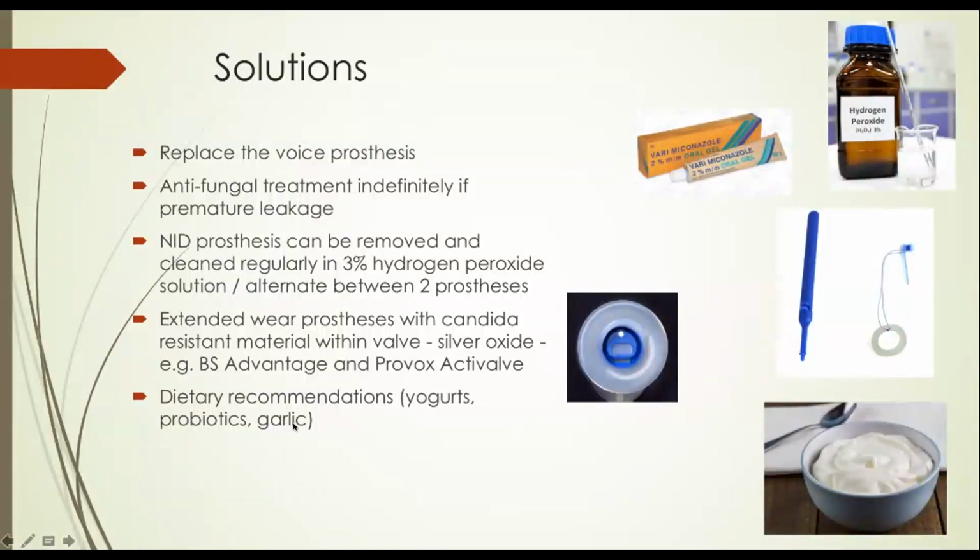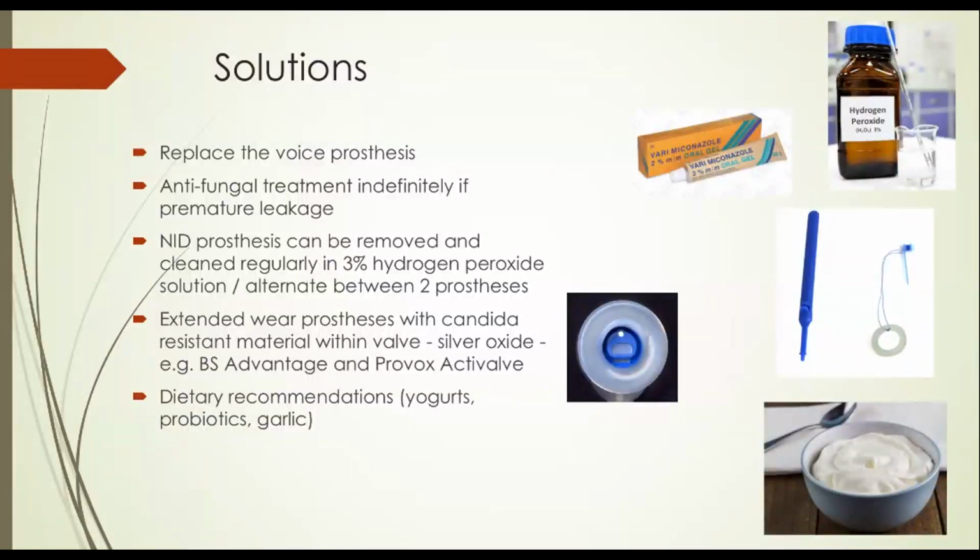In the Blom-Singer range, you see a little silver coating of the silver oxide on the flap. And then we do counsel them just around dietary recommendations, so eating more yogurts, because that helps with keeping your gut healthy. Probiotics, garlic. We have some patients who use aloe, and they've reported that that's helped. So they put the aloe gel into the prosthesis. Again, we haven't tested the aloe, so we don't know in terms of efficacy